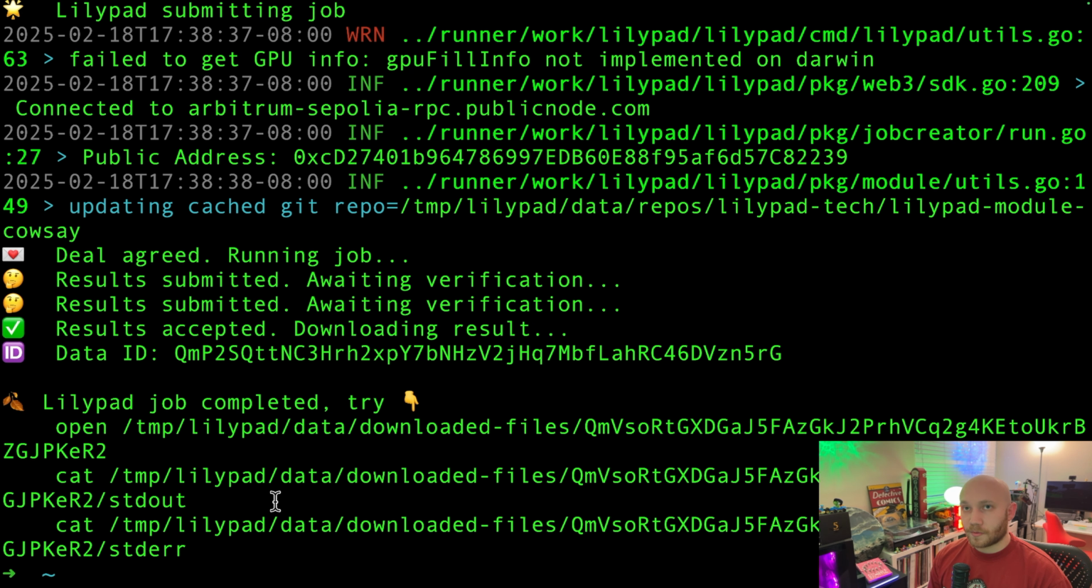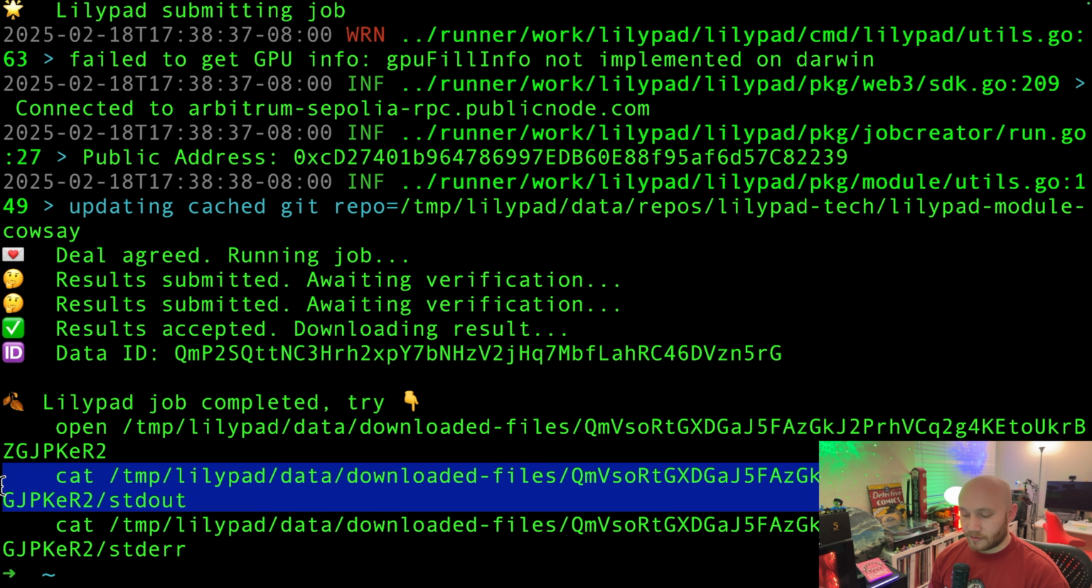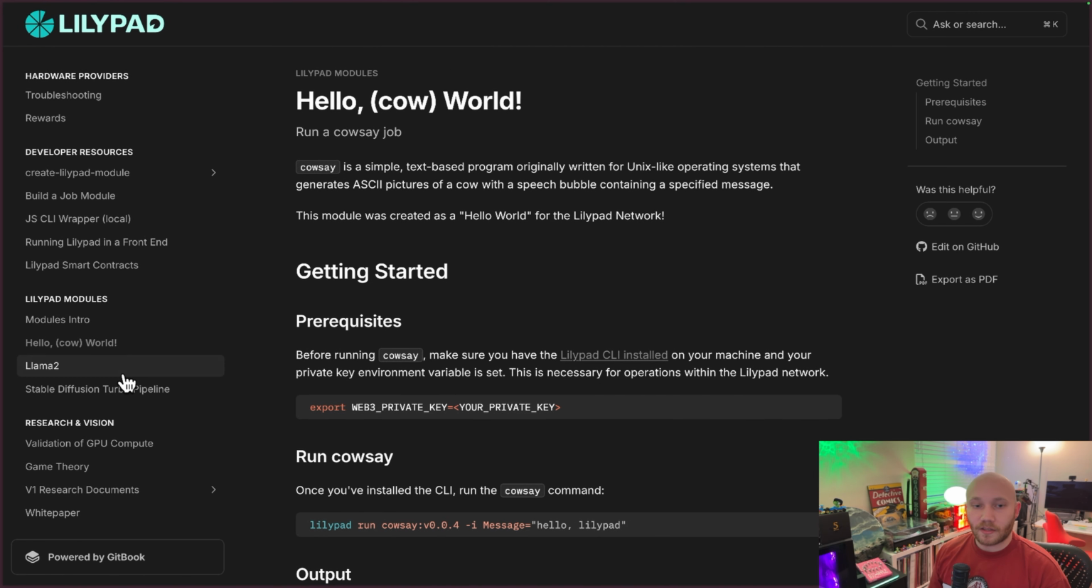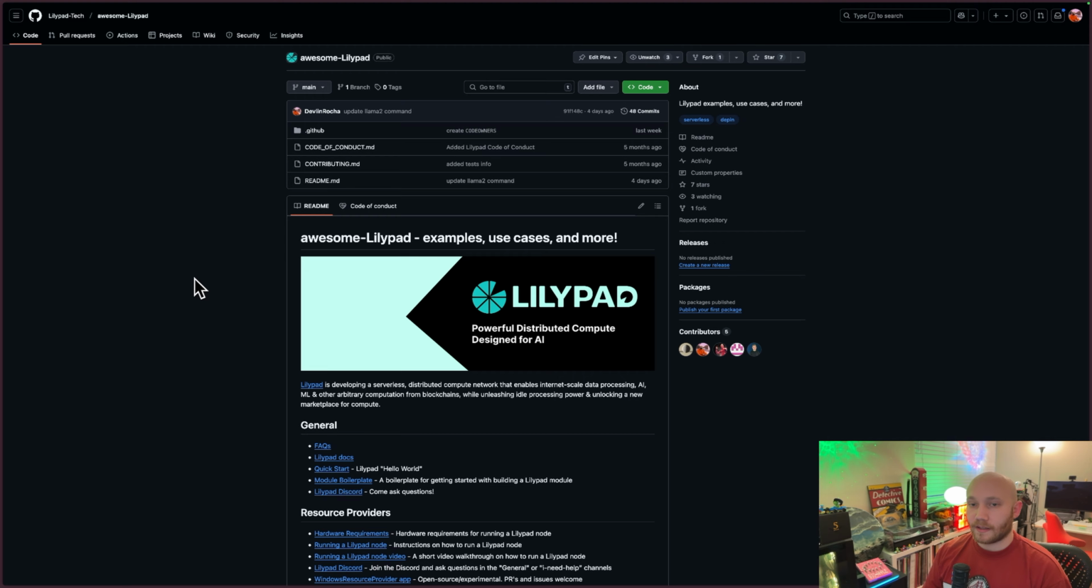Now we have a few different options to display the results. I'll just copy this cat command here and paste it in. Now we just ran a Cowsay on Lilypad's decentralized network. To find more modules from the Lilypad team, you can visit the Lilypad modules section of the sidebar in our documentation. Or you can visit our awesome Lilypad repo at